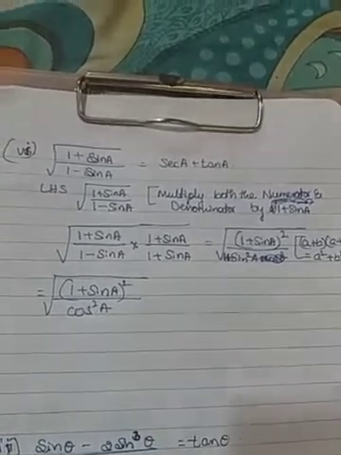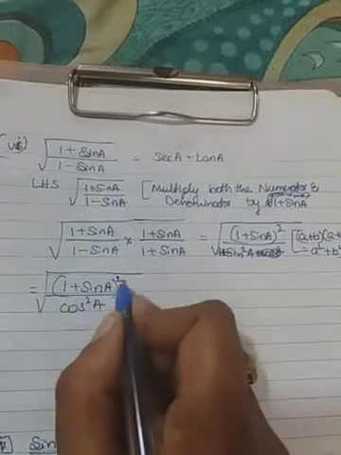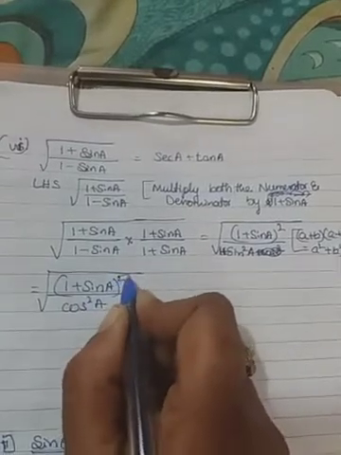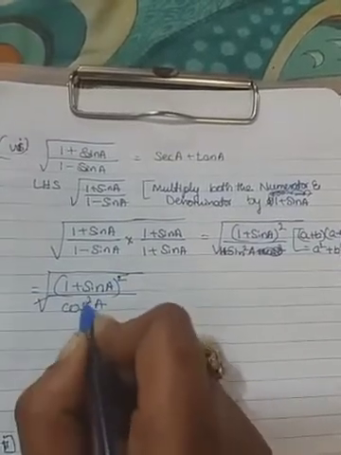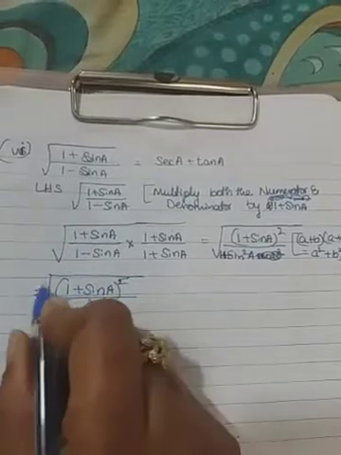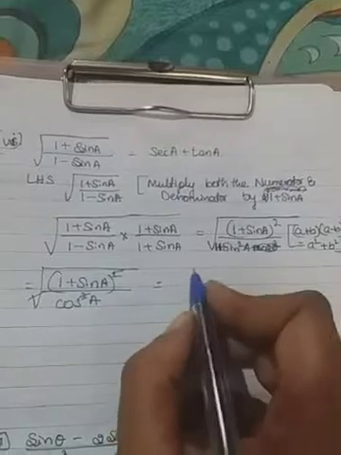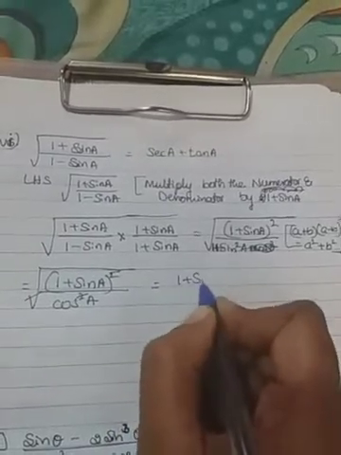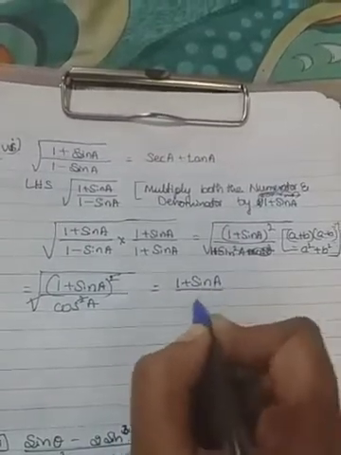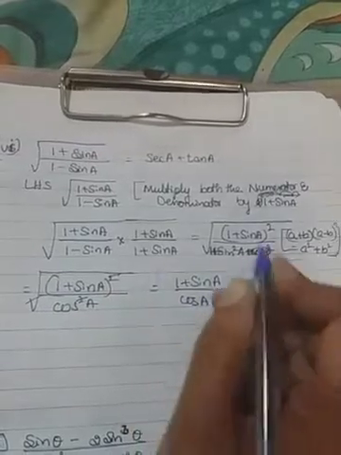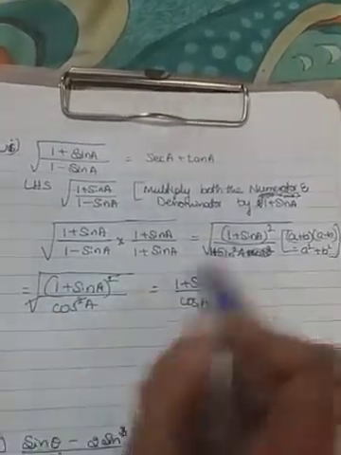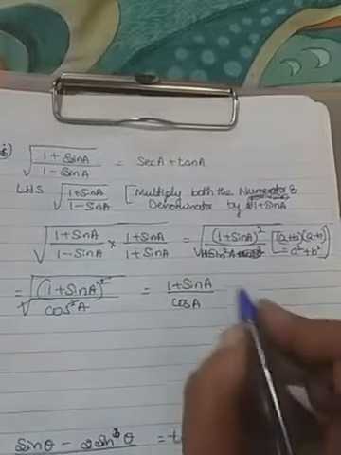Yes. Here we can cancel the square root everywhere. Here also square and square cancel. In both the numerator and denominator, the square will be there, so the square root and the square will be cancelled. Remaining we got here 1 plus sin a divided by cos a. So why did I write it like that? Because 1 plus sin square a equals cos square a.